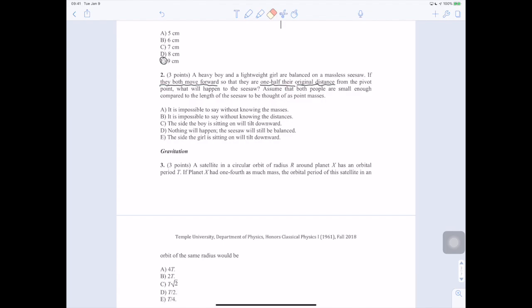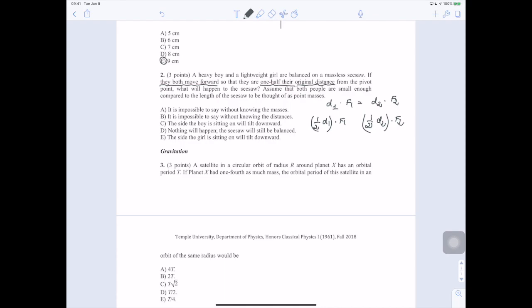Imagine the first one has a distance d1, and the respective gravitational force would be F1, and that is in balance with the other child, d2 times F2. Undoubtedly, heavy boy, lightweight girl, they have two different gravitational forces, and therefore if the torques in magnitude have to be the same, then d1 and d2 are different. Now if we go to half the distance, half d1 times F1, and half d2 times F2, namely the respective torque, calculating this